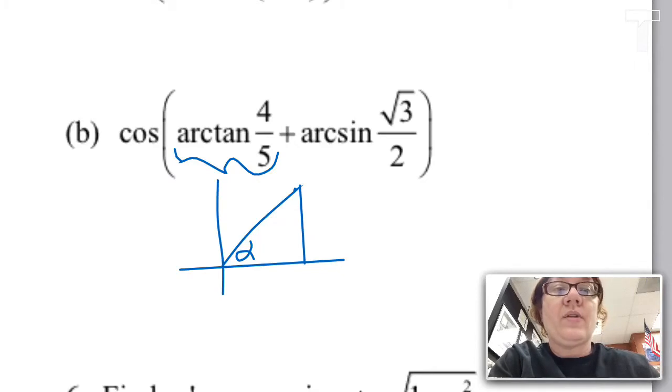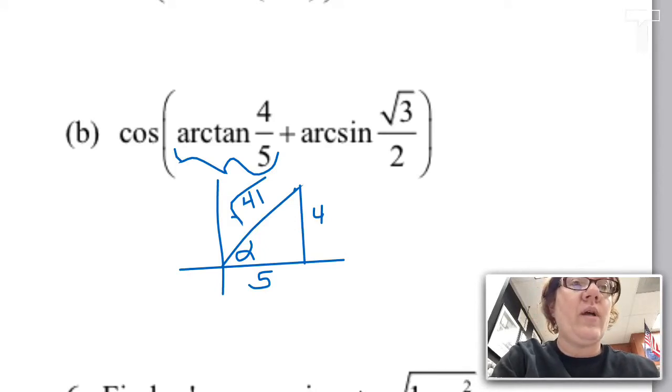But we know that alpha's tangent value is 4/5. So that means the opposite is 4 and the adjacent is 5. And we could then find the hypotenuse with some Pythagorean theorem magic, and just double check my math, make sure that it is in fact square root of 41. And then this one we'll call beta,